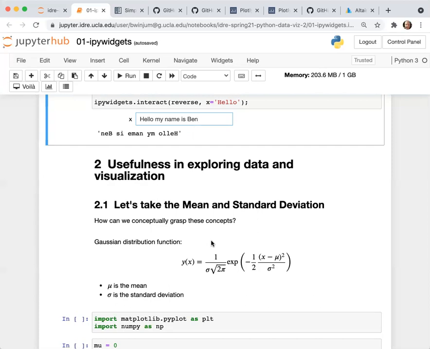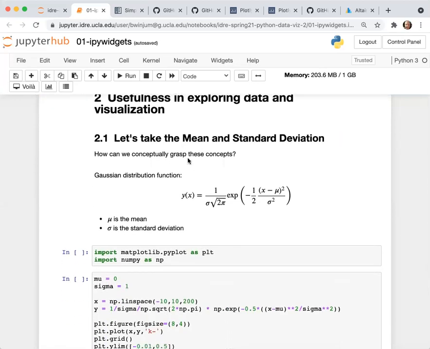I think it's explicitly built into the machinery of the Jupyter Notebook, but I can't say that for certain because I haven't tried to use the ipywidgets library somewhere else. But it's worth exploring, I think, because it is a very useful library.